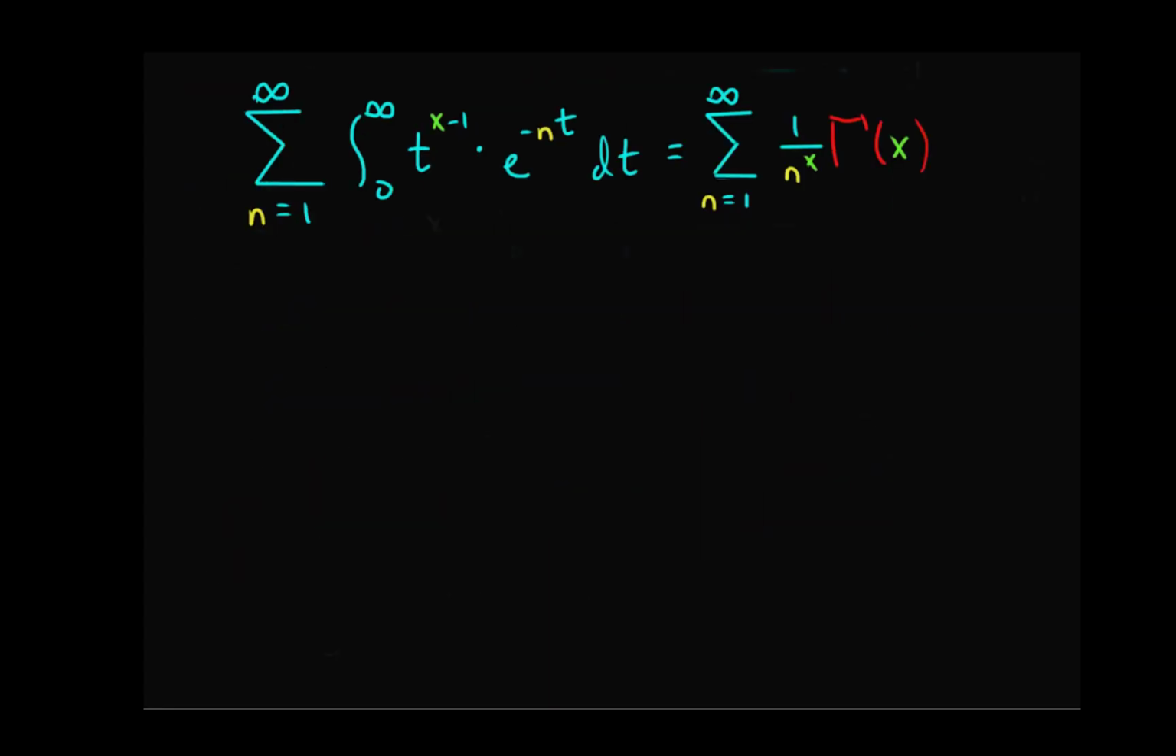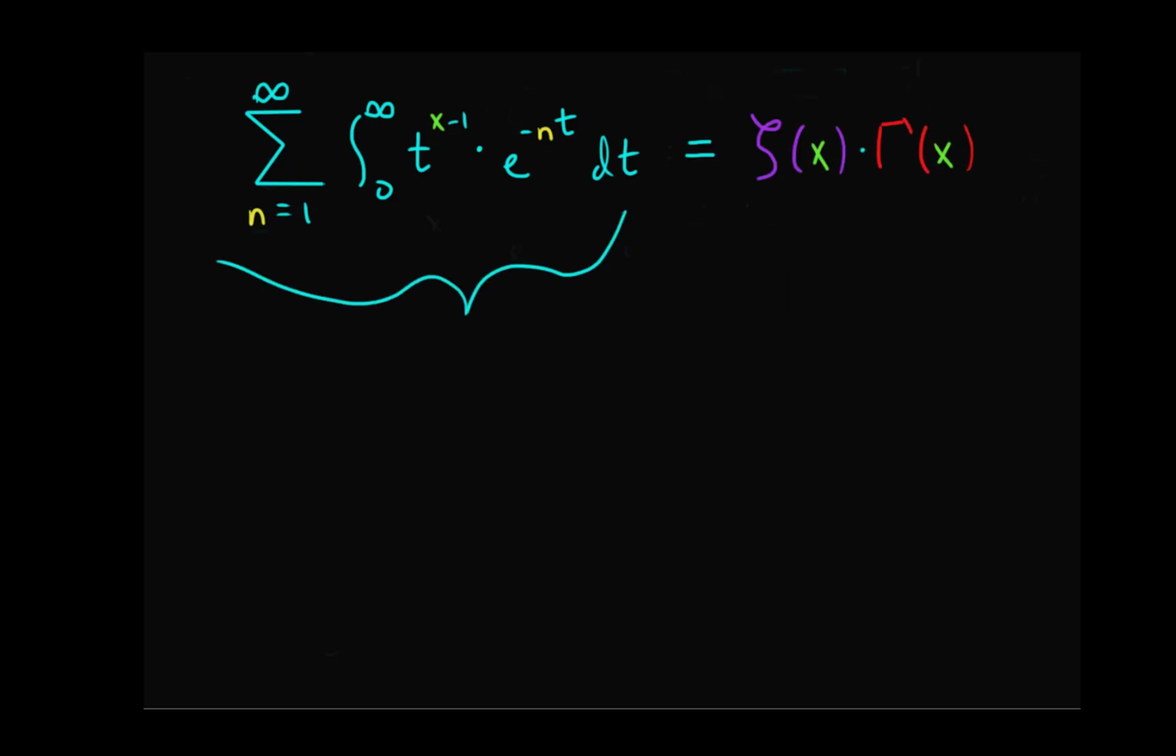And that's pretty awesome because the sum from n equals 1 to infinity of 1 over n to the x is by definition just the function zeta of x. So I have that this infinite sum of integrals on the left-hand side of my equation equals zeta of x times gamma of x. But now we can do a little bit of work on the left-hand side of the equation